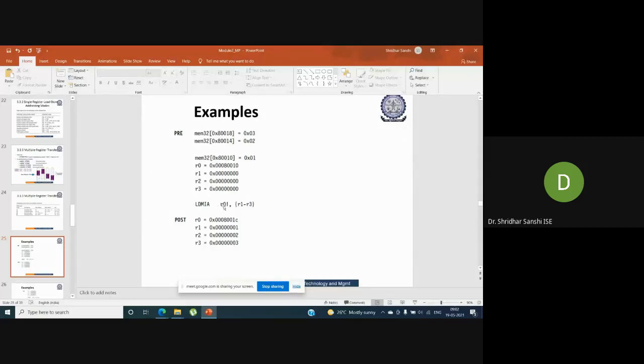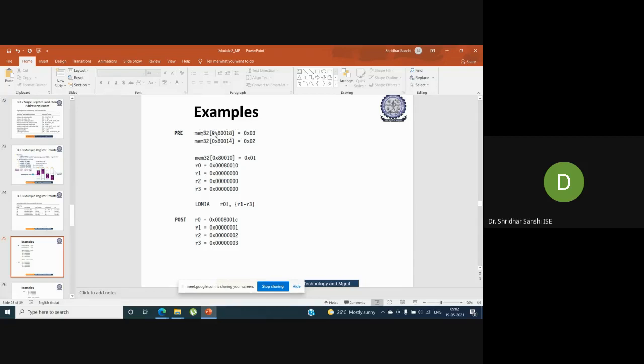So what is the base register value we have? The base register given is R0. First, let me tell you what this mem32 is. This is a memory of size 32-bit, and this is the address, the index where exactly we are looking. So 80018 is the address.